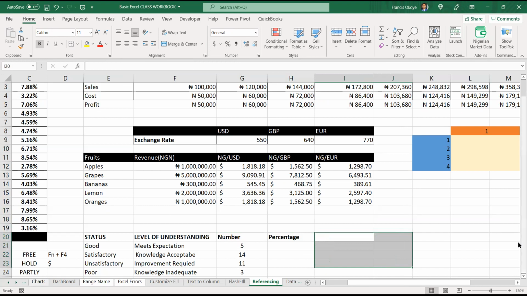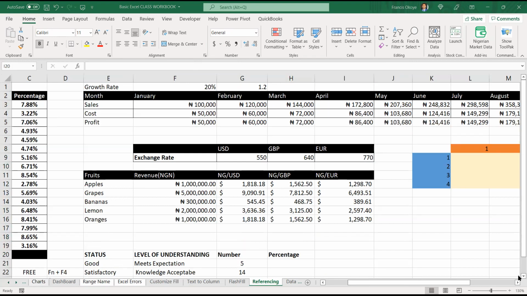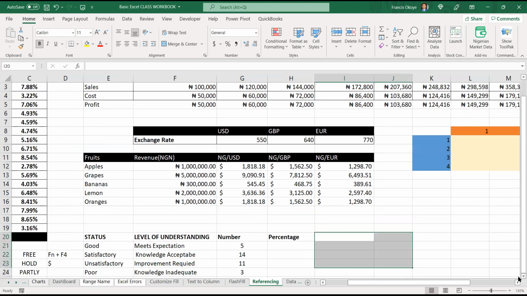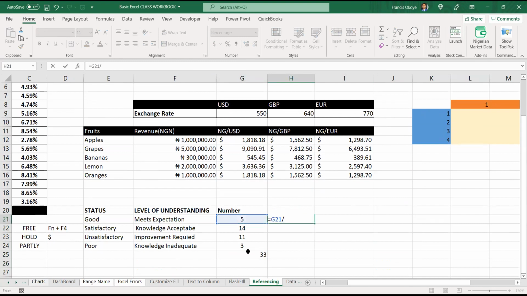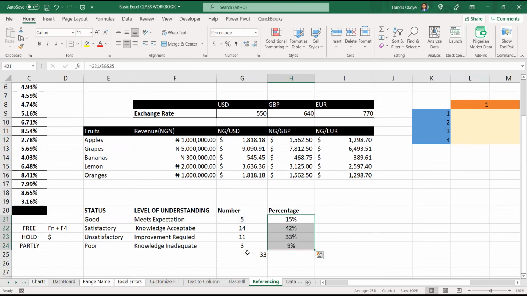All right. So maybe we'll just look at this mixed reference. At least for this one, we understand this one is straightforward now. So this one is equal to what? This divided by this, and I hold it constant, and I run that down.